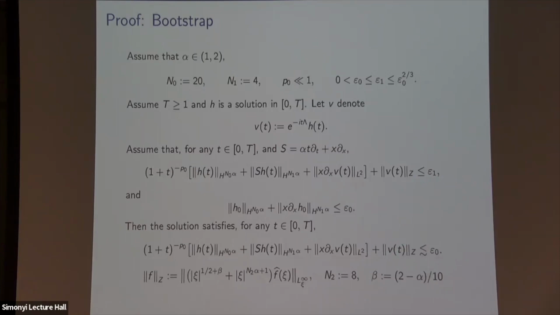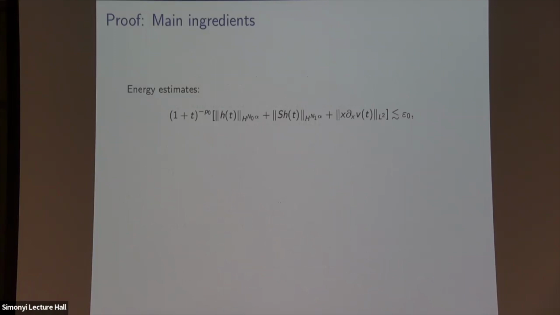Everything is uniform in alpha, there is no problem. The only thing is that the integral just doesn't converge if alpha goes to 1. But from the point of view of the scheme of the proof, everything goes through. What's capital lambda? This is the multiplier. It's whatever you get from the linear evolution. Yeah, I'm abusing notation a little. This lambda is not the standard square root of the Laplacian, but it is just what you get from the linear dispersion. Okay, so we want to do energy estimates,